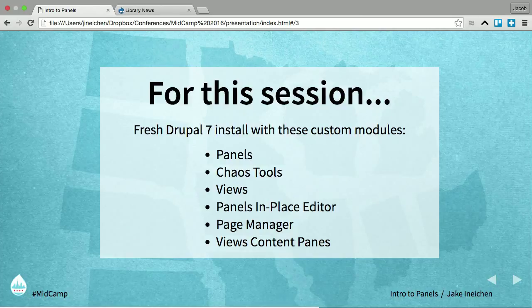Now, panels in place editor just gives us another UI to actually edit the panels that we have on our site. Page manager allows us to create new pages on the site that aren't nodes, and then also to take over the display of our default pages on our site. That's kind of hard to describe in one sentence, but we'll go into more detail when we get to the session. And then views content panes is just another views display that allows us a special integration between